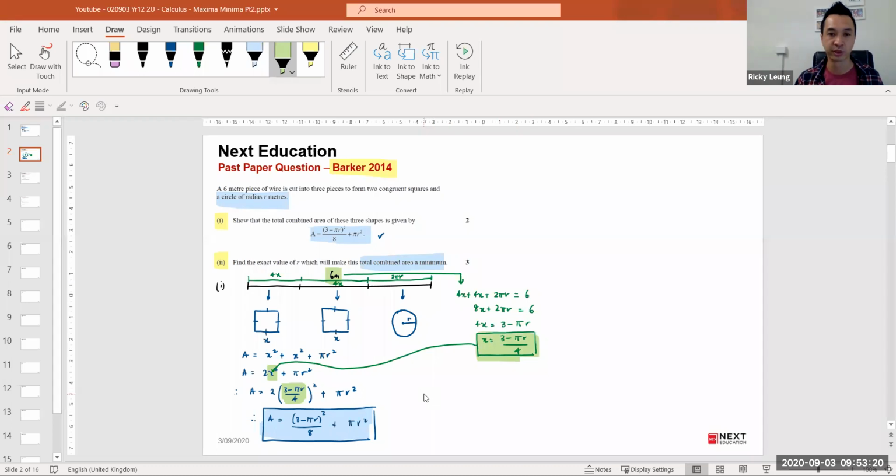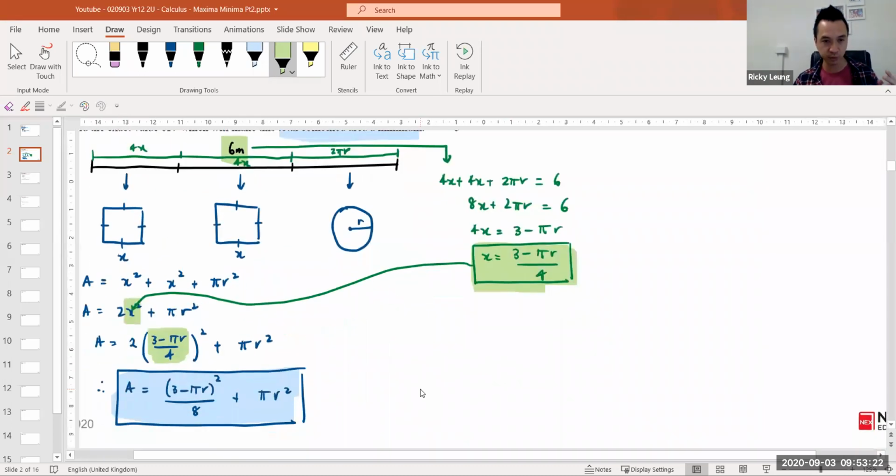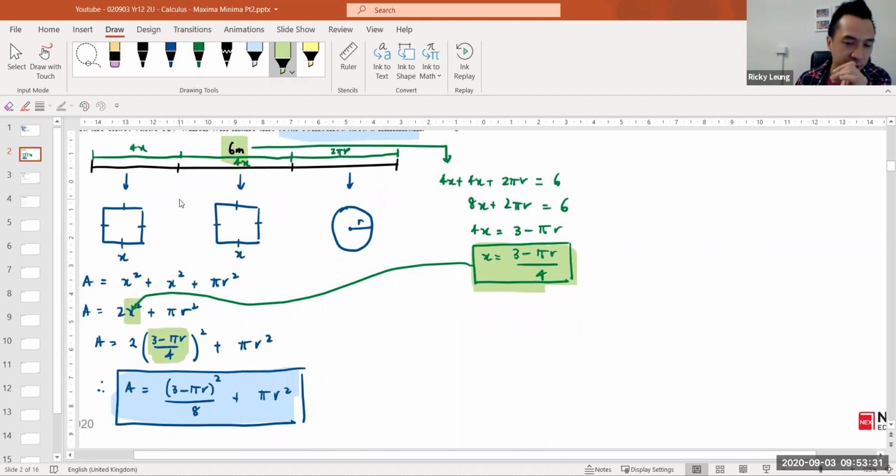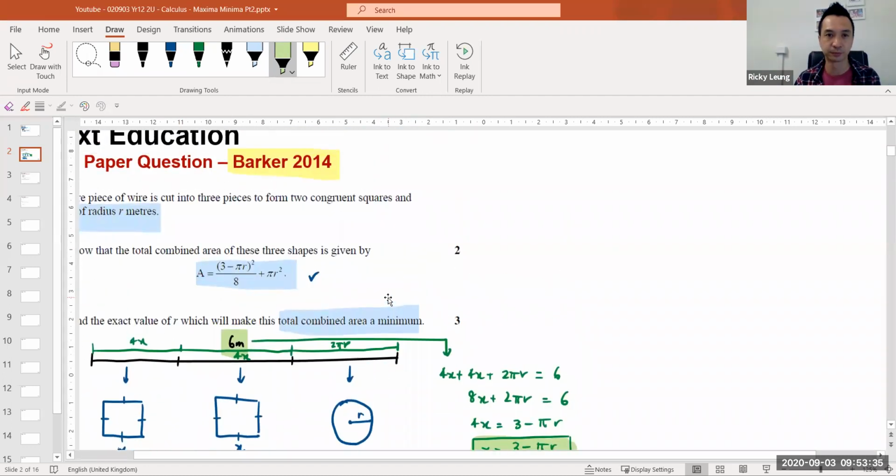Now, the framework basically says 4 points, right? Differentiate, solve, test for max min, answer the question. Now, what is the question? Find the value of r. So that's pretty easy, right? Once I test for max min, that is my answer. So let's pop upstairs over here. So for part 2,